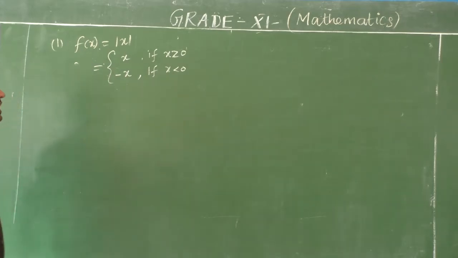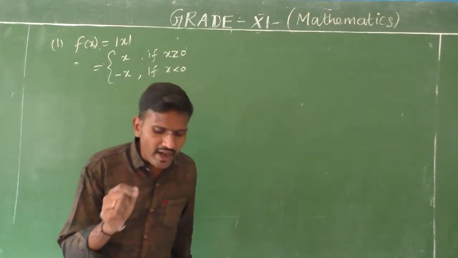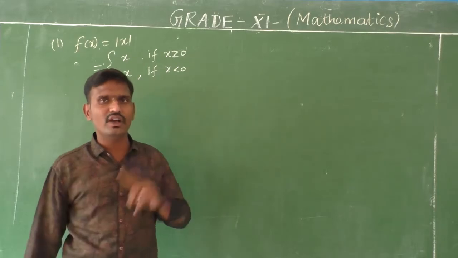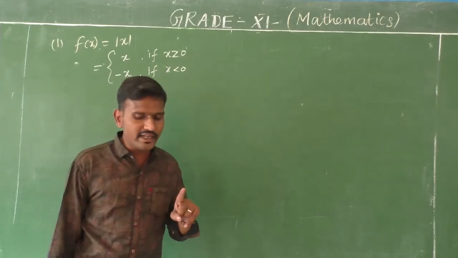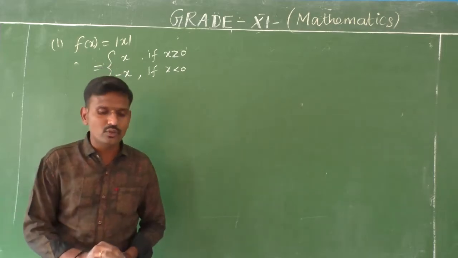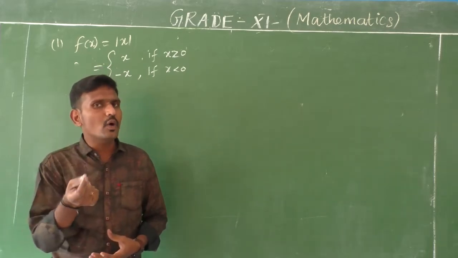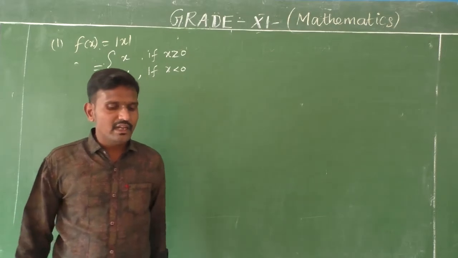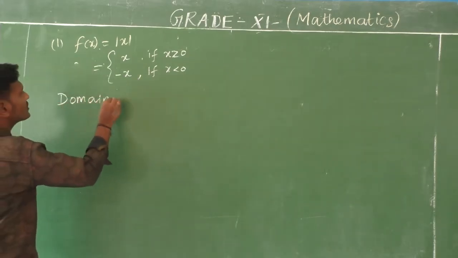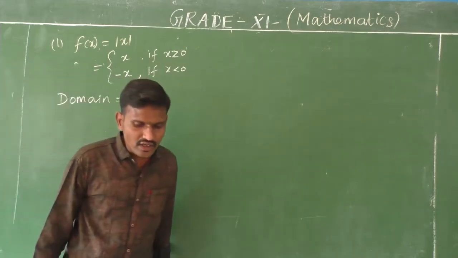So this function is called the modulus function, or one more name, the absolute function. Okay. So from the absolute function, we need to find the domain and range of the real function. So these are real functions, and we need to find the domain and the range only. Now since f of x is defined for all values of x, here x belongs to real numbers. Now the domain I am going to mention the same: all the values of x, so that is equal to R, R for real numbers.